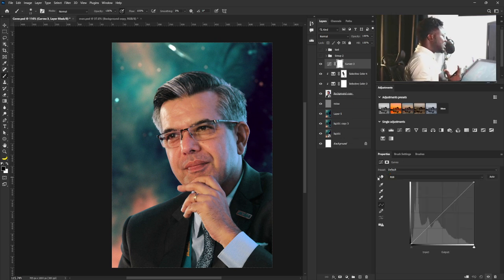Now I mostly use curve to add depth to my project, to make the shadow stronger and making the highlight also stronger. So I'm going to do the S curve. All right, and that's how I mostly do this. I do this through the use of the S curve right there. All right, so I'm going to leave this like that, and the next thing I'm going to do is to